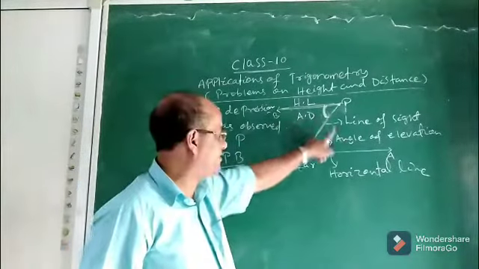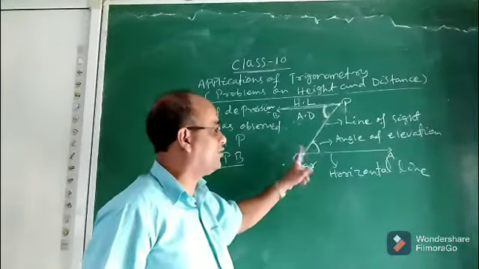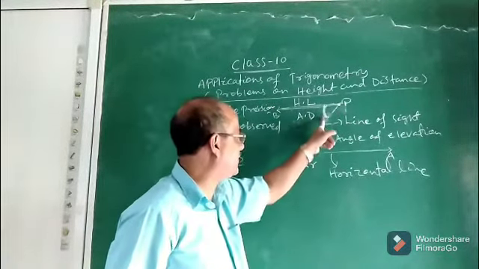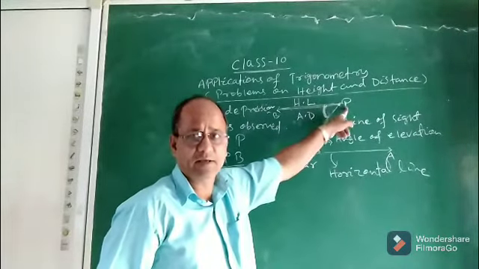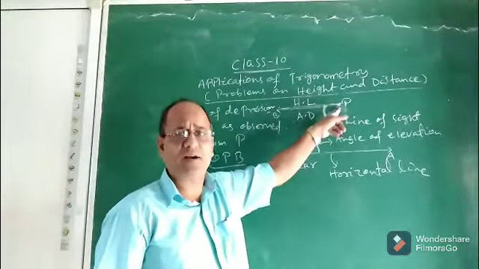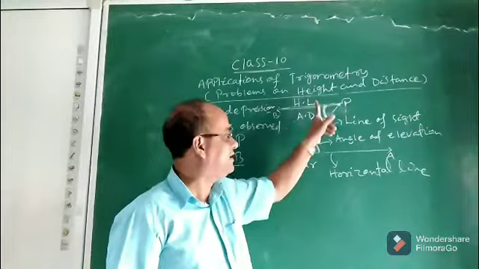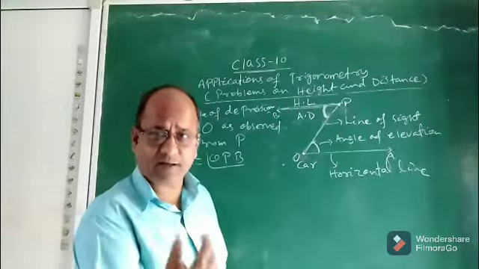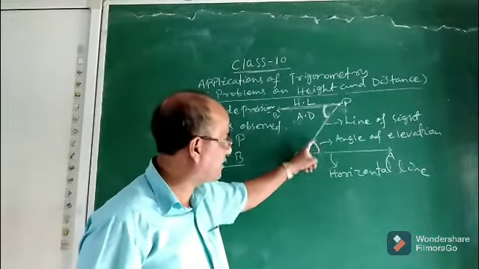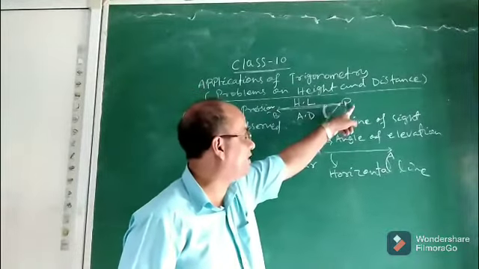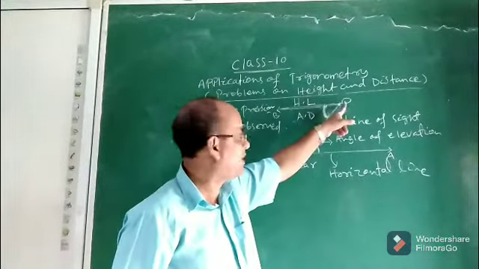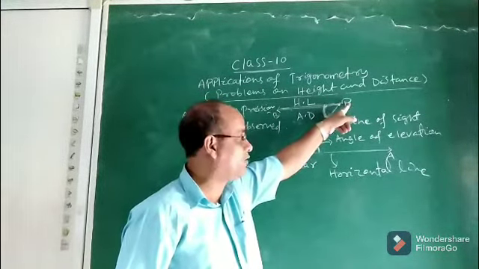So this is the angle of depression, this is the angle of elevation. This is the angle of elevation of the point P at the point O. But this is the angle of depression of the point O at the point P. One thing you should remember here: where the eyes of the observer lie, there only the angle is formed, whether it is angle of elevation or depression. In the first case, the observer was standing here, his eyes were here, so angle of elevation will be formed here. But in the second case, you were looking at the car standing on the ground from above, from the point P.